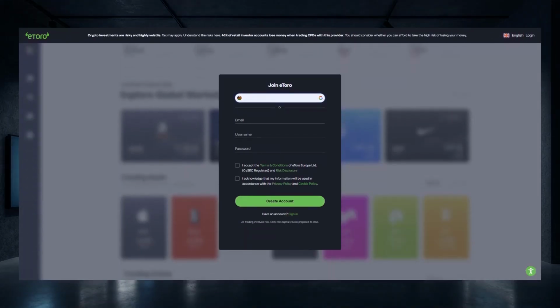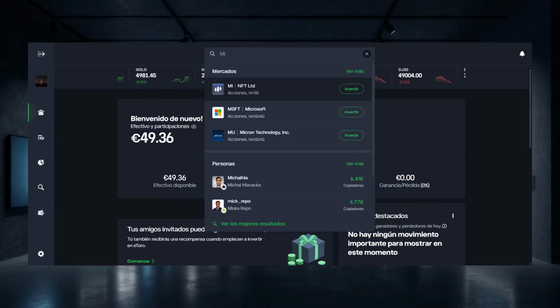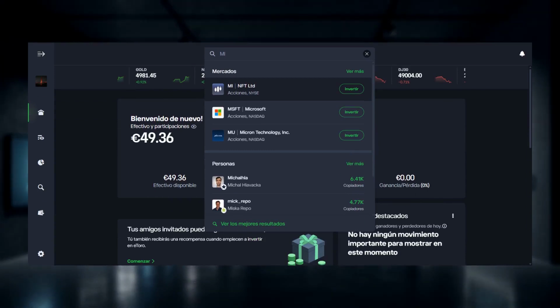To buy shares, you need a brokerage account, and we use eToro as an example to demonstrate the process. After registering, you will need to verify your account, usually with an identity document, and add funds to be able to place an order. Use the platform search bar and type the ticker MI to find the company listing on